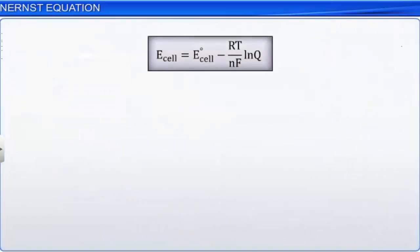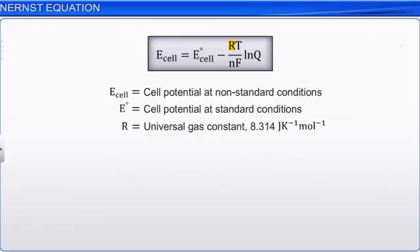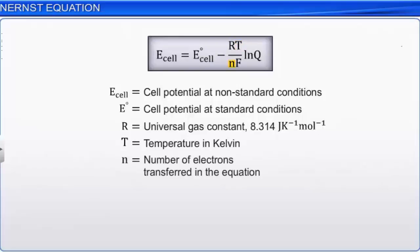The Nernst equation shown here allows us to calculate cell potential at non-standard conditions. E cell is the cell potential at non-standard conditions. E naught is the cell potential at standard conditions. R is the universal gas constant, and T is the temperature in Kelvin. Also, n is the number of electrons transferred in the equation, and F is Faraday's constant,